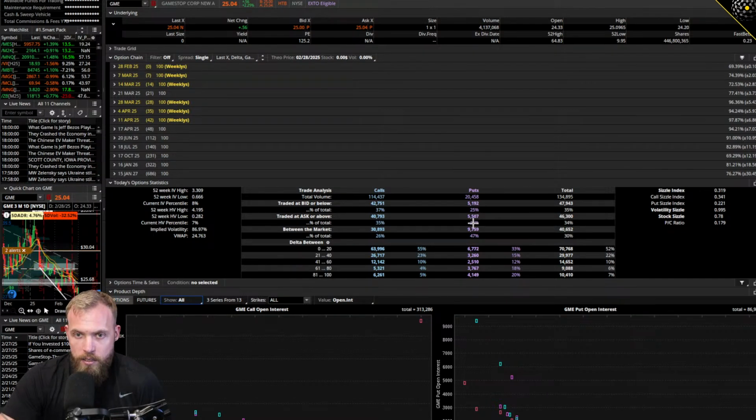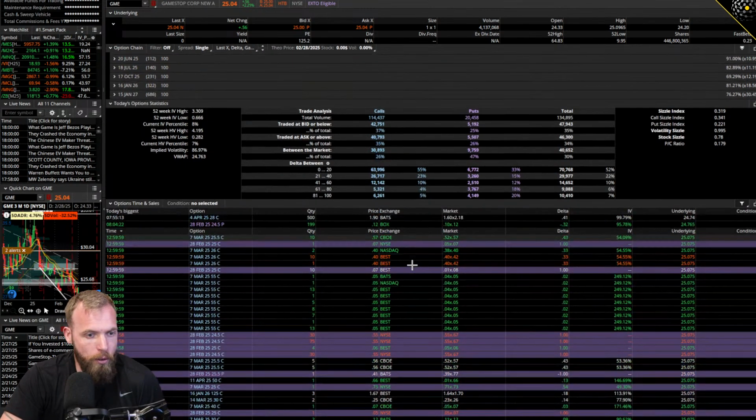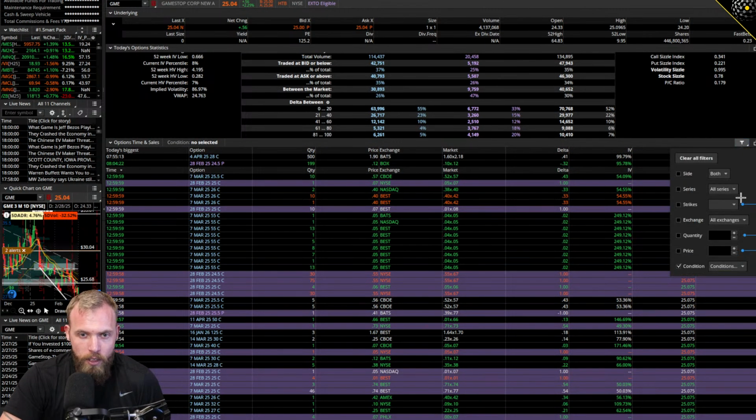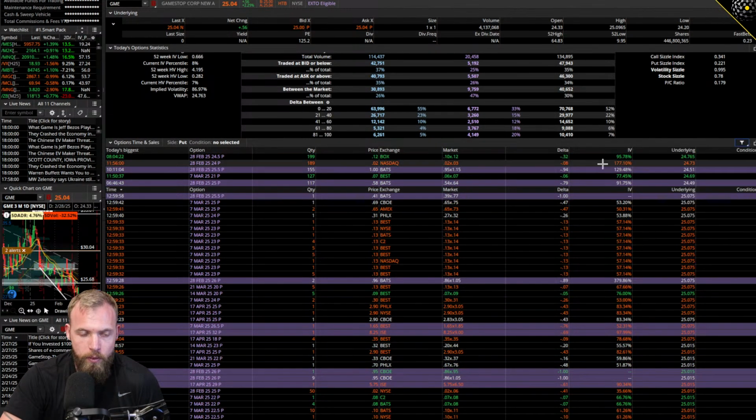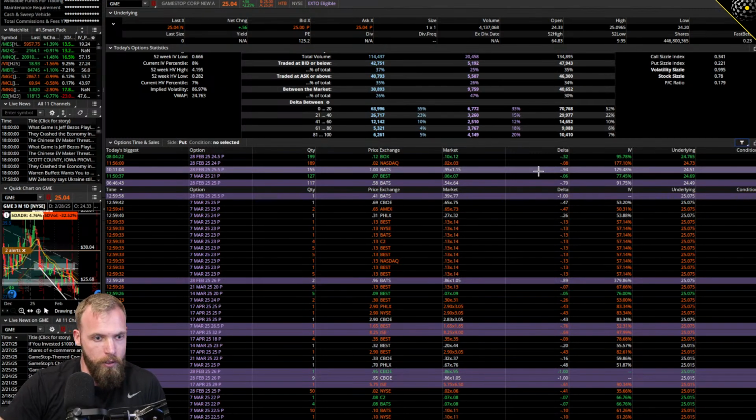One of the main ways is by analyzing where the transaction occurred against the bid-ask spread. So if we go into TNS, and if we choose to just look at puts, let's just eyeball some of them. So like this one